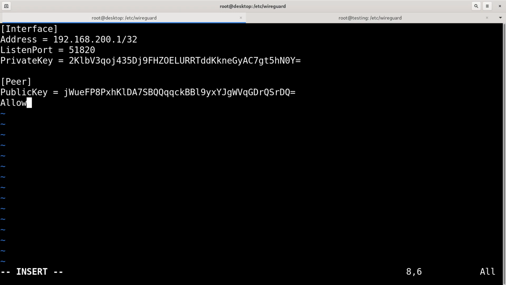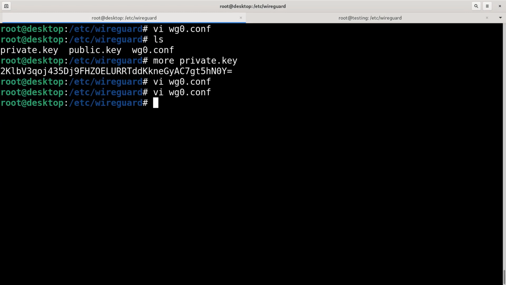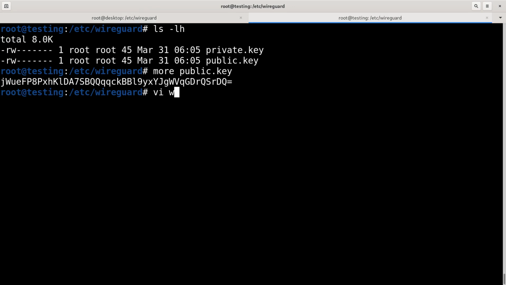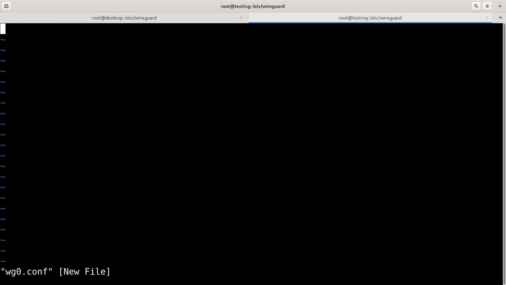Now the AllowedIPs. Here's where I want to put the IP address of what the client's going to get. 192.168.200.2 and just that host. That'll do for now. That's very basic, but that's all there is for the server setup. On the client side, wg0.conf. It's very similar. First I have to set up the Interface with an Address